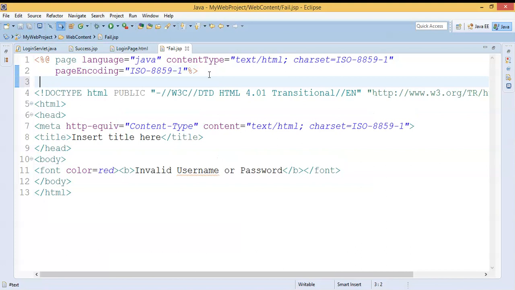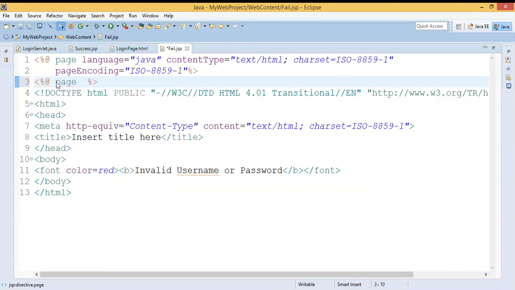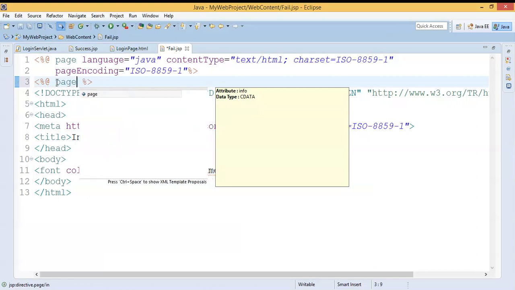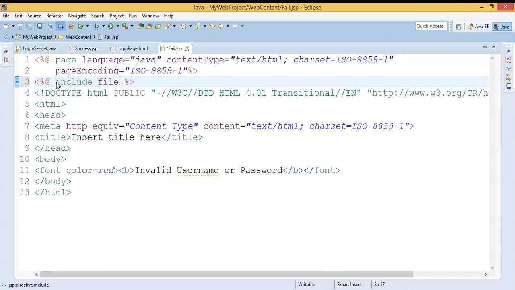In JSP, it's very simple. Simply, I will come with the directive tag. So this is my JSP directive tag. If the tag is coming with the @ symbol, then it's a directive tag in JSP. I have one of the directive tags called page. Sorry, one of the directive tags called include. With the help of this include, I can include any file in a JSP. My intention is what? I want to include login